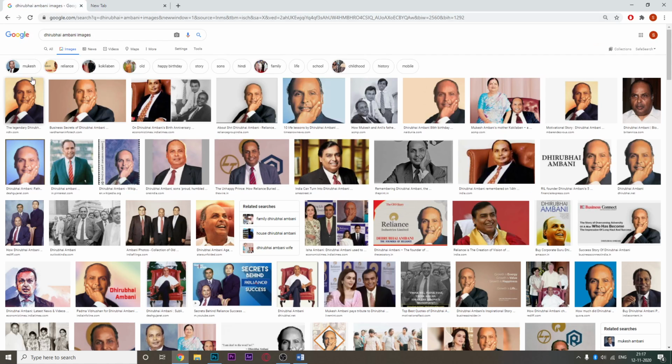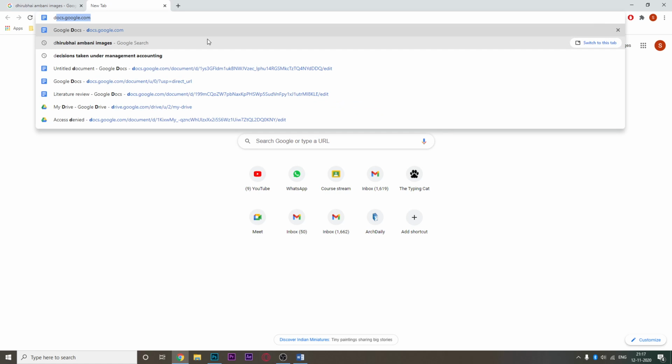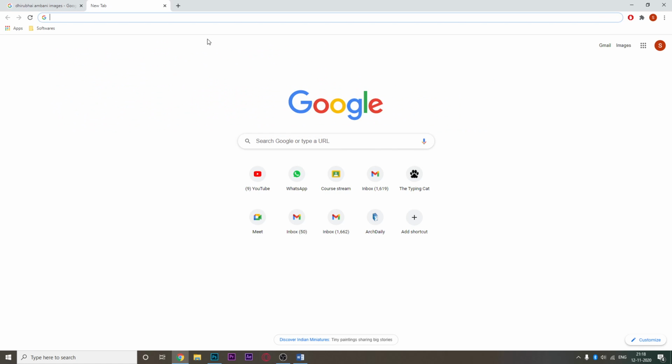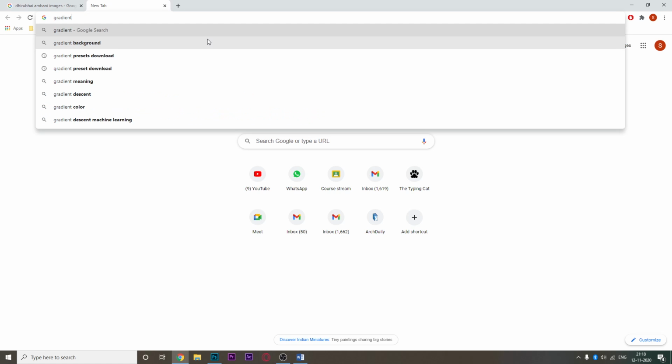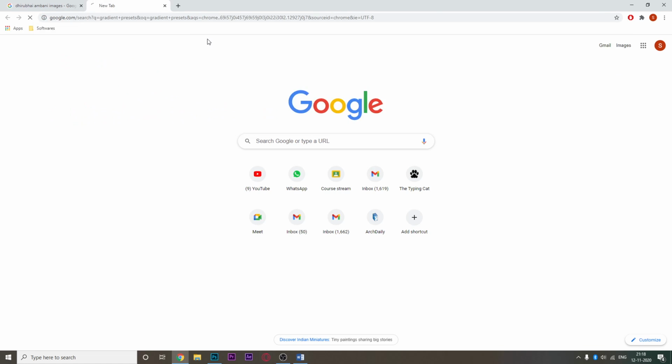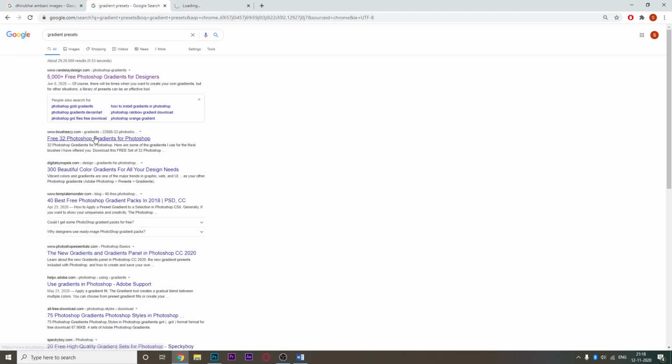Now, anyway, let's see what other ways there are to make gradients. Gradient presets, yeah. So you can go to any website, free Photoshop gradients, whatever you like.